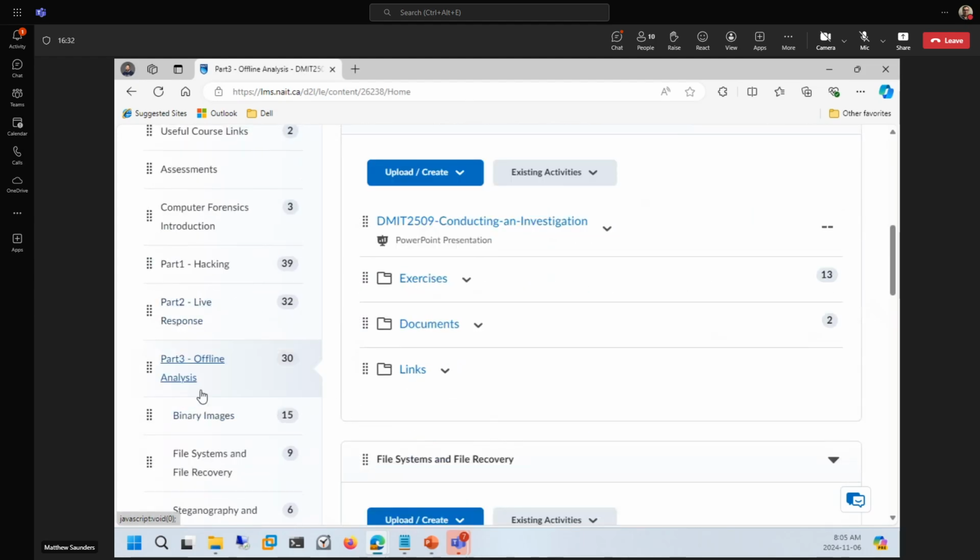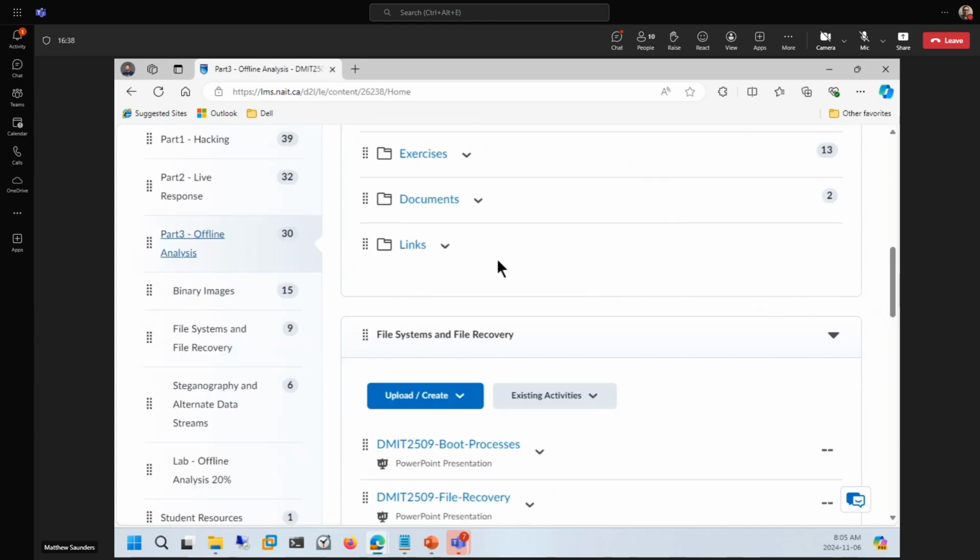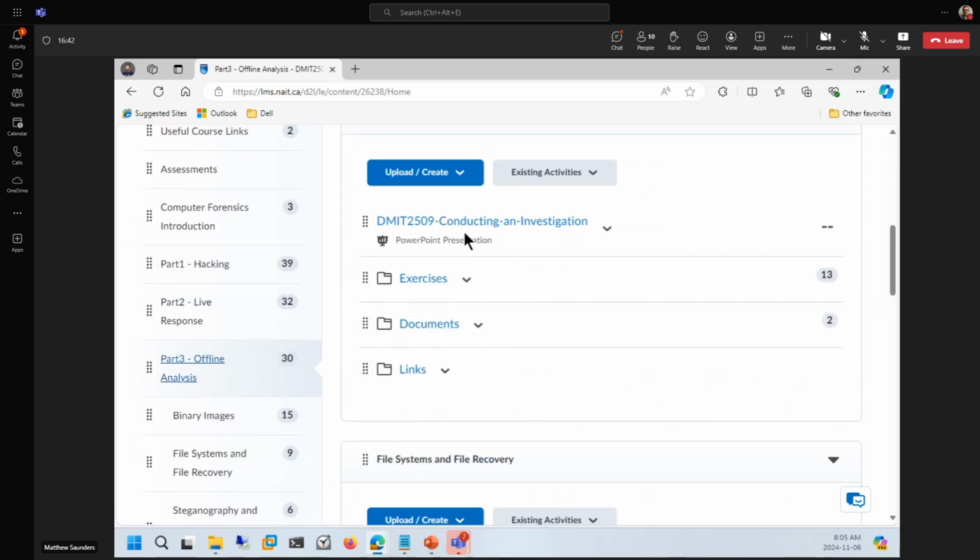Okay, so what we're going to be doing here is I'm going to do a lecture on conducting an investigation. And we're going to go to the binary images section for exercises. So I've got that ready to go, but this is what we'll be talking about. This is just an intro to the topic of the third part of the course here. Oh yeah, and before I do that, let me